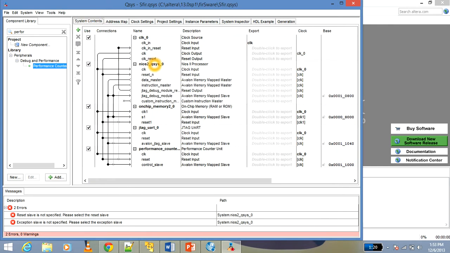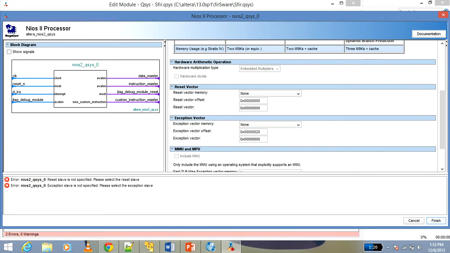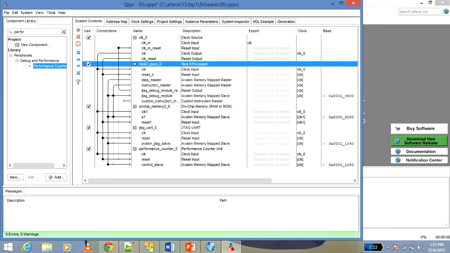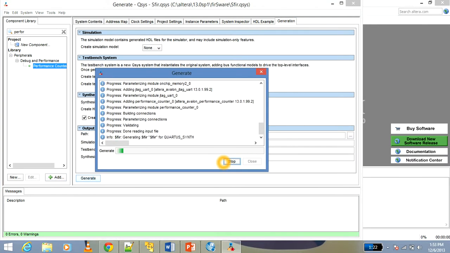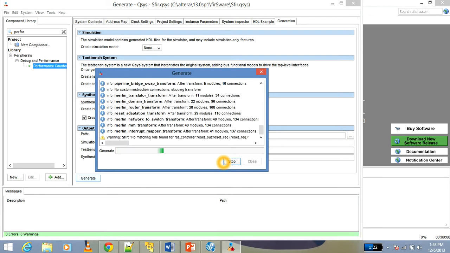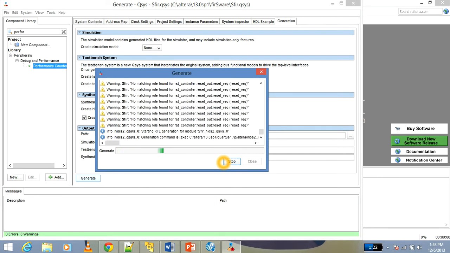Before generation I have to go to Nios 2 and give the connections to the reset vector and exception vector. So now I am left with 0 errors and 0 warnings. Now I am free to go to generation and generate my Verilog files. When I click generate, it generates all the Verilog files which are related to the design or the system which I have generated in QSys,